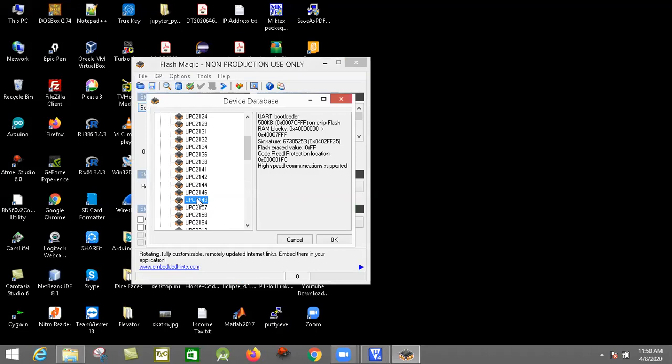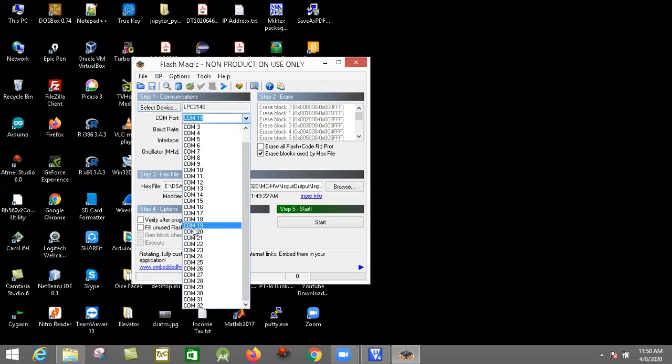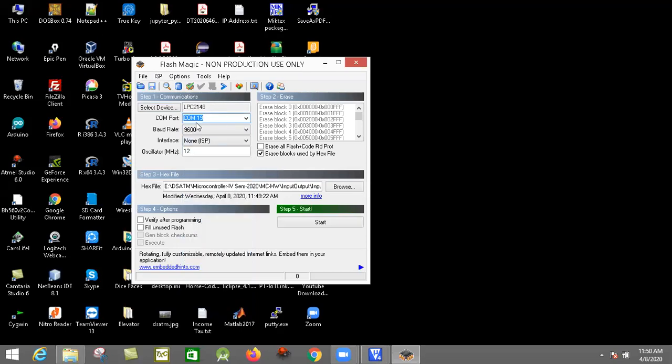Now we have to select LPC2148. Depending upon your USB port, I have to find out from the device manager. In this case, as per my hardware configuration, I'm using communication port 19. Then here we have to fix the baud rate 9600, it's a standard baud rate. Then the oscillator is 12 megahertz.